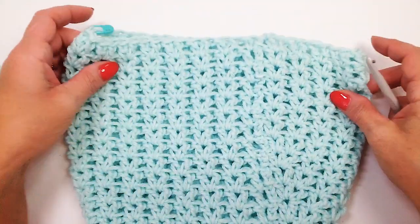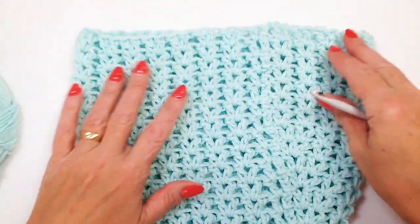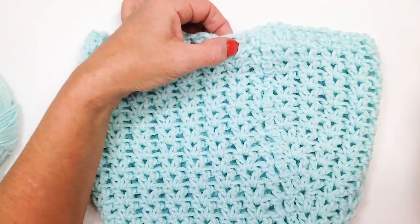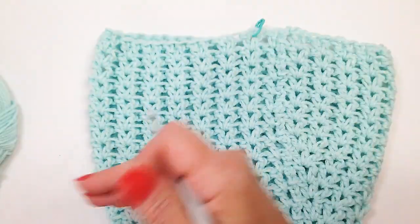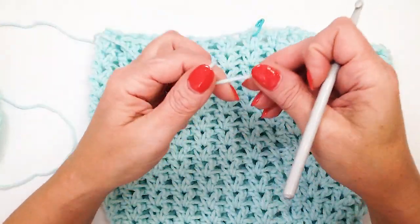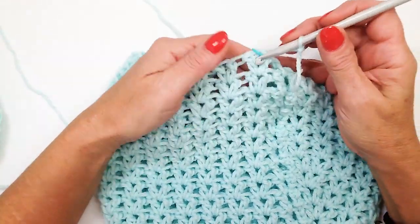Okay, you have to find the middle of your work. We don't need this one anymore, so I'm gonna put it in the middle here. Okay, I'm gonna put a stitch marker here, and then grab your yarn, slip knot, and then you're gonna start here,